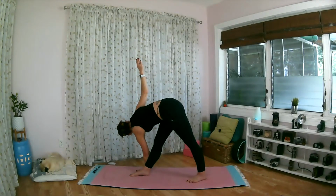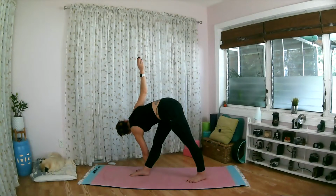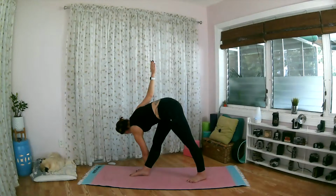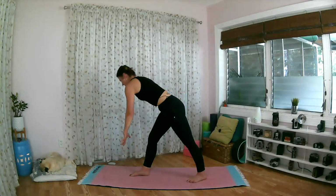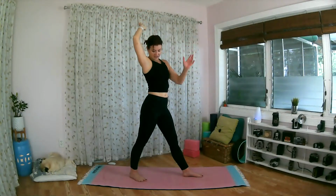into the right hip, pulling forward with the left, breathing for 1, 2, 3, 4, and 5. Inhale, stand up, turn to the left side, right arm comes up, point those toes and align those